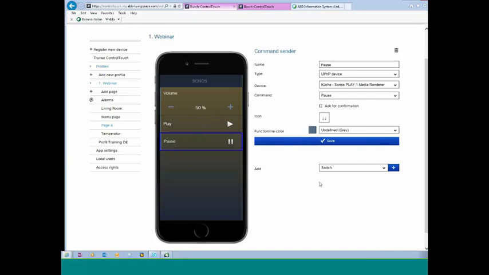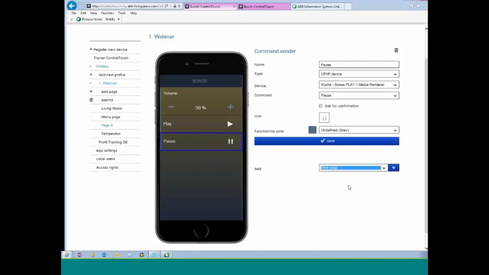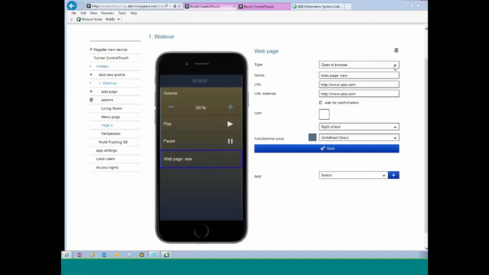If I want to have more, I can say, okay, I want to link directly to the Sonos app. That means you can use the control element web page, say add, and inside the web page, you can say open in browser or open on page. The difference is open in browser means open in a new application, and open on page means you can create a frame inside this page. But I want to jump directly to the browser page. Then I can give it a name,